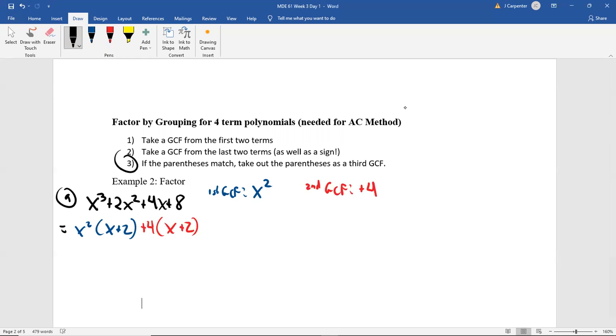So third step, if the parentheses match, x plus 2, x plus 2, huzzah, they match. So what do we say that our third GCF